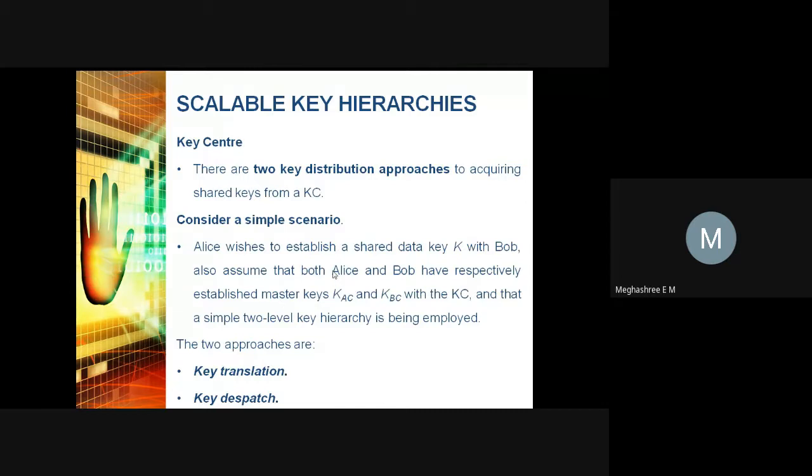Alice and Bob respectively establish master keys, that is KAC and KBC, with KC, the key center. Now we'll see how the keys are shared by following key translation and key dispatch.